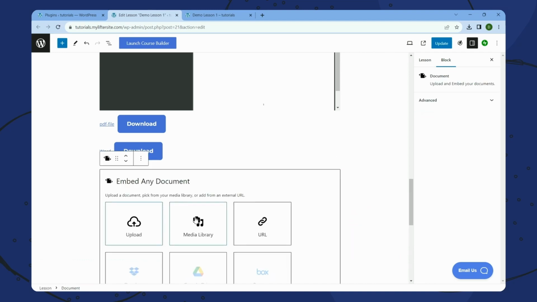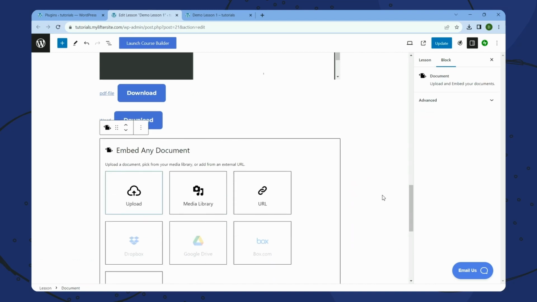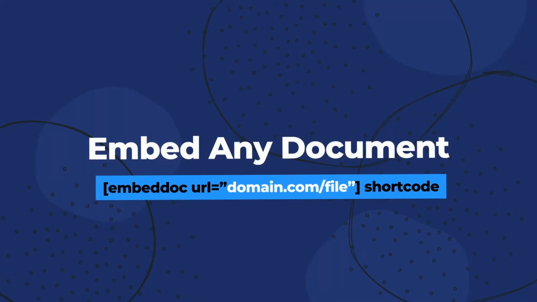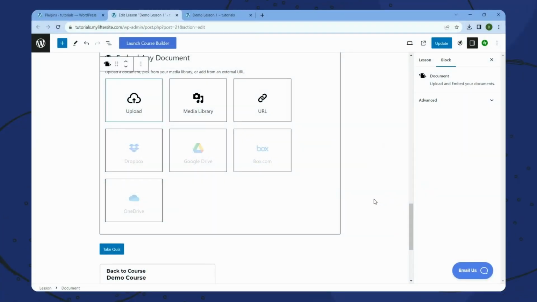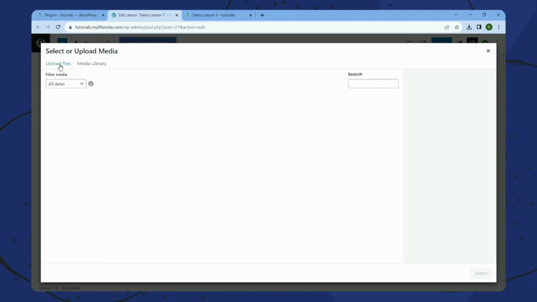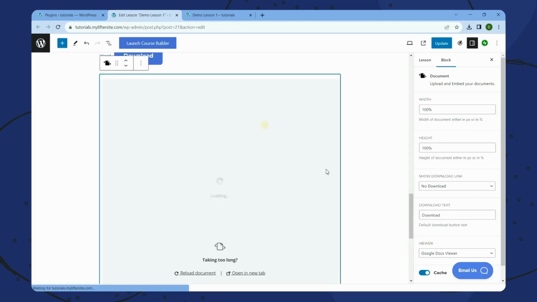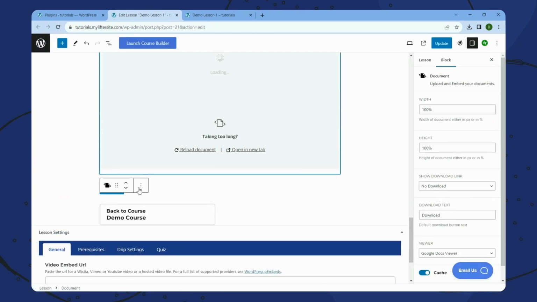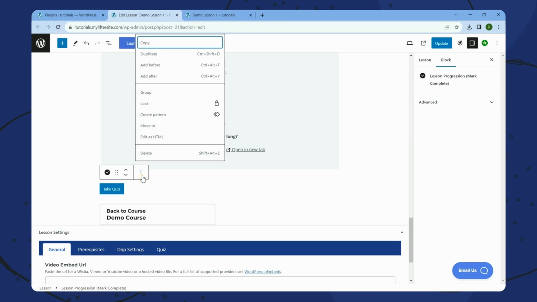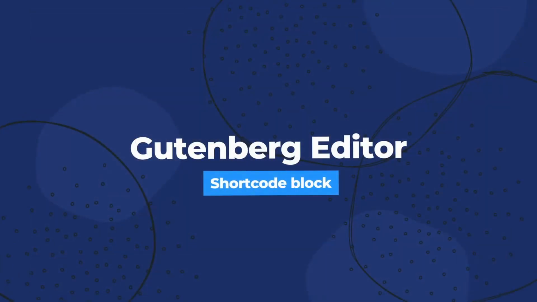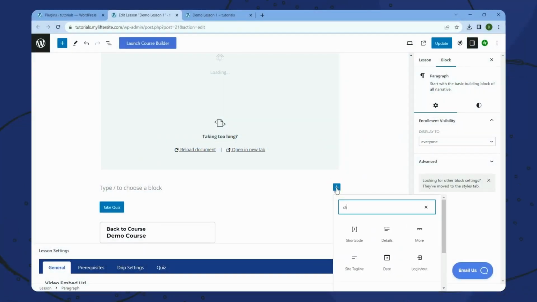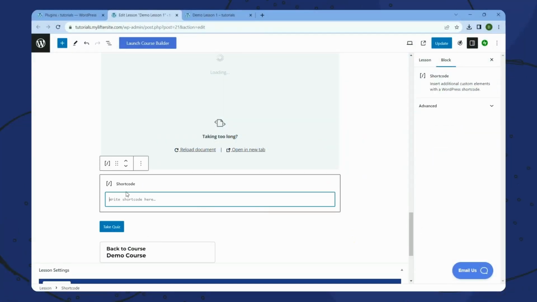The other way to use the plugin is to use the embed doc shortcode. So I'm going to go ahead and first use the document block here to load this PDF. And then to load the same file using a shortcode, this time just a shortcode block. What I'm going to do is type embed doc URL of